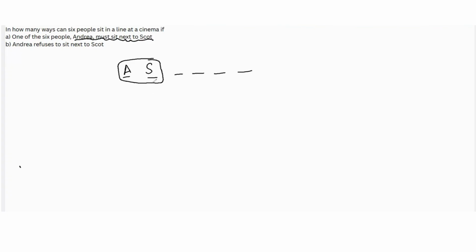In total, we have now five blocks, right? There are five factorial ways we can arrange these five blocks. Andrea and Scott always have to go together, so we've lumped them together in one block. So we have one, two, three, four, five. So the total number of ways we can arrange this is five factorial ways